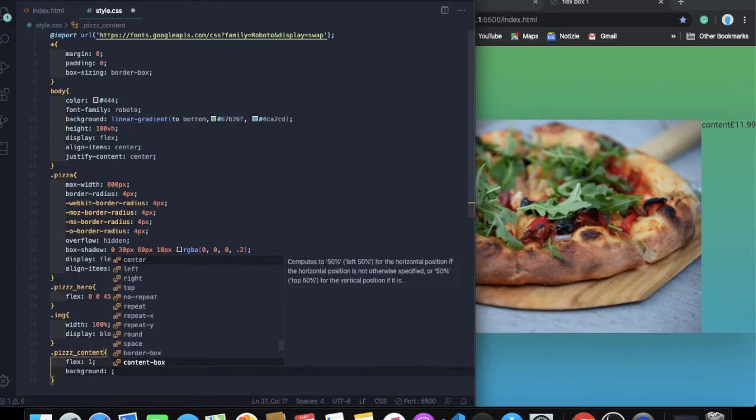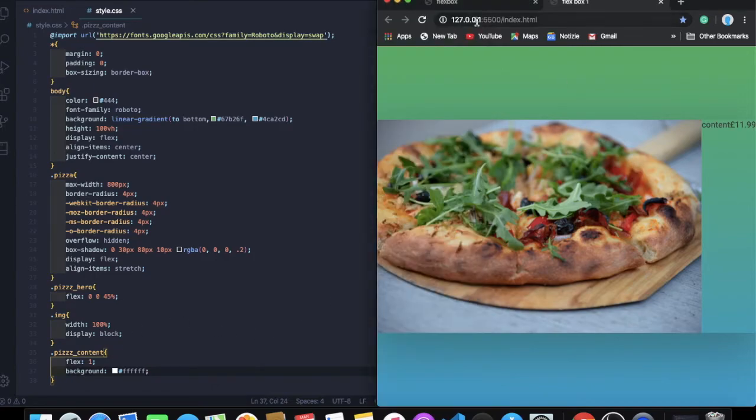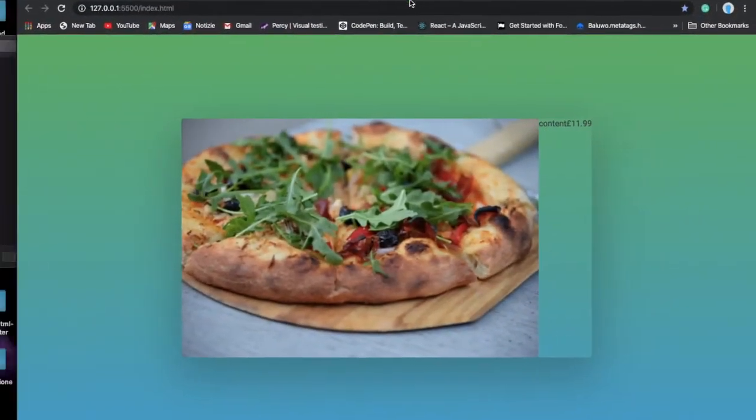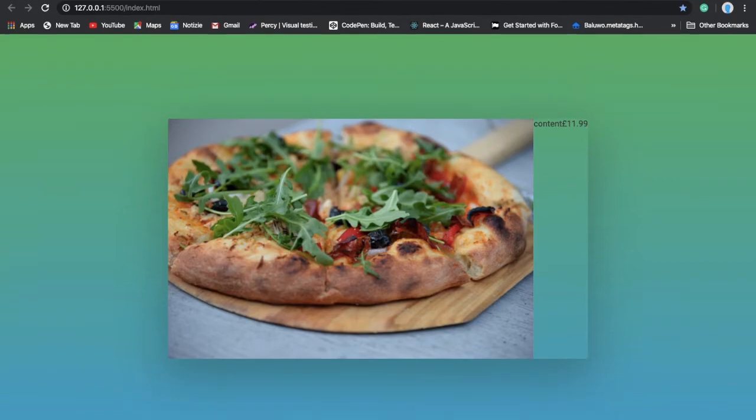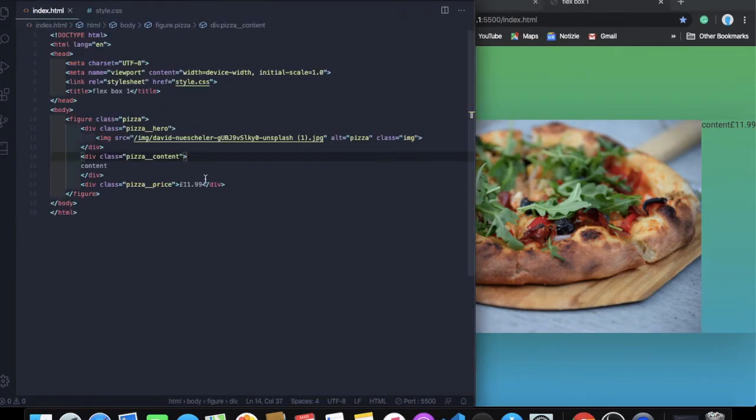And then I'm going to give him a background color of, let's give him a white color so you can see exactly what we're doing. White color. And then, but something is wrong. Something is wrong somewhere else. Maybe my HTML. Let me see, because I'm not seeing the content